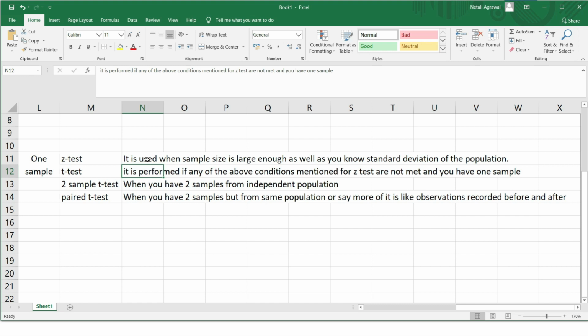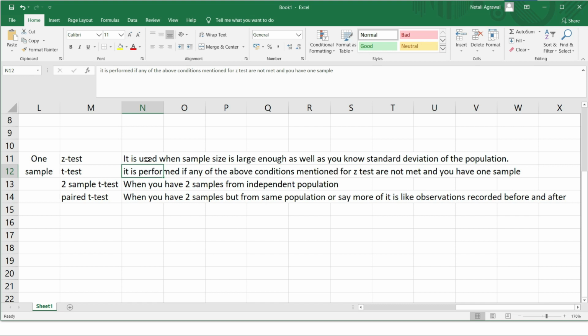What is a two sample t-test? Two sample t-test, as I told you, is for two independent populations. You want to test whether this new medicine on cancer will work or not. So you gave it to 10 patients or say 100 patients who are suffering from cancer, and you are checking whether it is working on them or not. Apart from that, you also recorded the observation of the people who are not taking that medicine. They are two different sets of populations, two different sets of samples that you are having for different people.